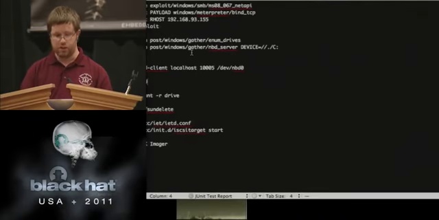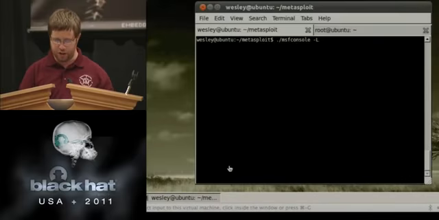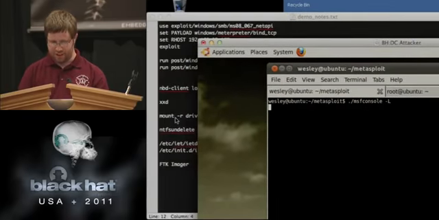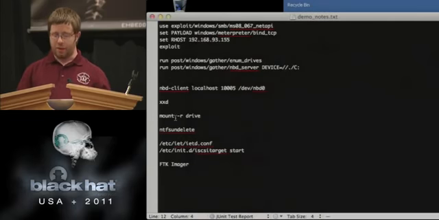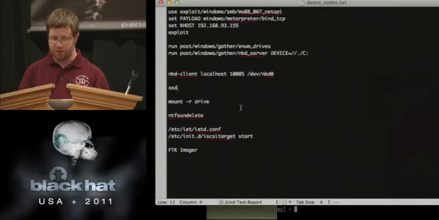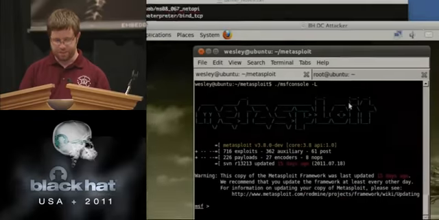And we're going to look at the list of drives, and we're going to map a device. Or actually a logical volume, to be honest. Good old MSF console taking its time. After we do that, we're going to show you how we can look at the hex of the drive directly to just kind of show you, hey, this really is a block device. We're going to mount it and take a look at things, maybe undelete some files, and then look at it in FTK Imager on the Windows side of things.